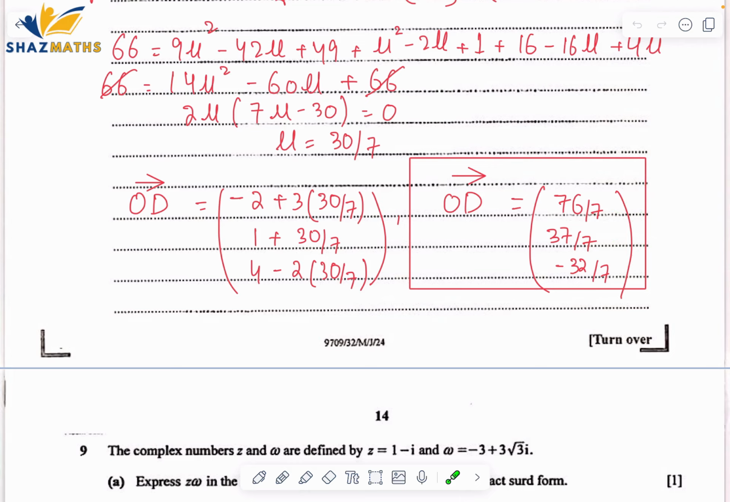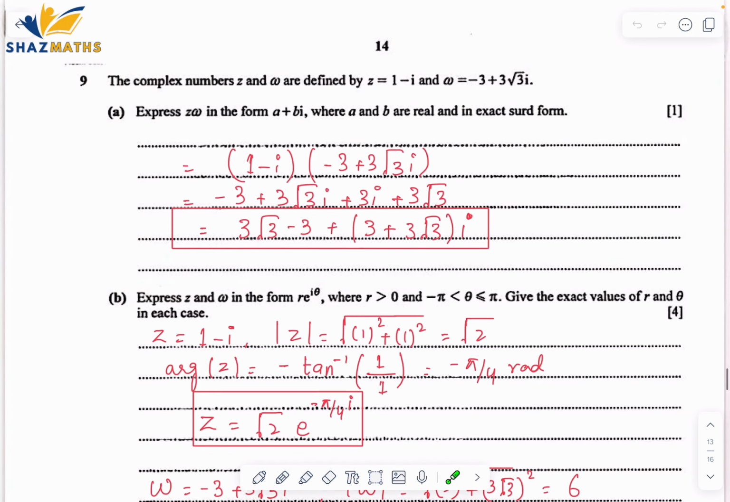Question number 9, complex numbers. The complex numbers z and w are defined by z = 1 - i and w = -3 + 3√3 i. Express zw in the form a + bi, where a and b are real and in exact form. Okay, so we'll multiply these two complex numbers, we'll simplify this, we'll take i as common,